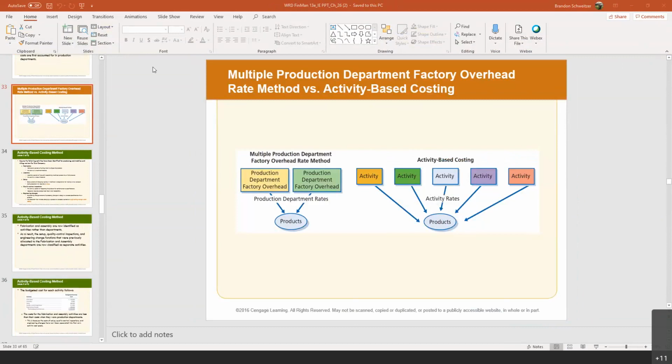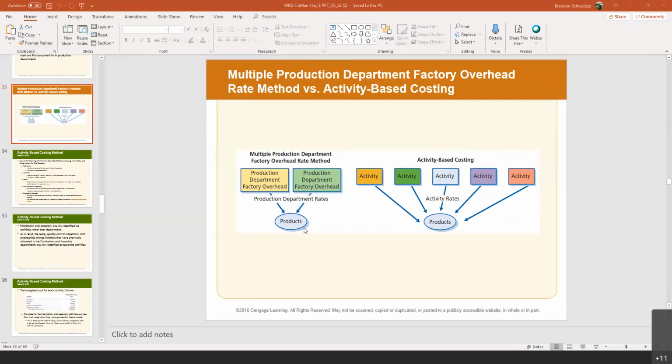Yes, great. Okay, so this slide shows us the difference between the departments and the activity-based costing. The department rates are what we talked about in earlier chapters. In this example, there are 2 different departments. You've got your production department 1 and your production department 2, right? And each department has its own respective rates that get applied to the production of the product, the finished good,